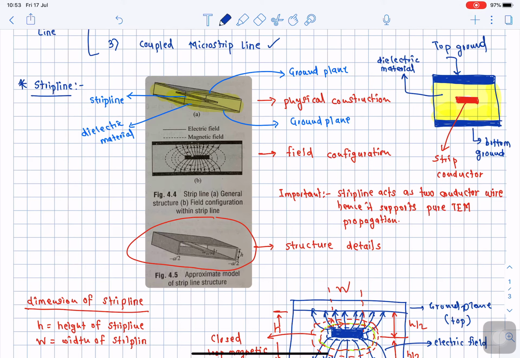Now please remember, this transmission line is printed on some special substrate. This is a substrate, or you can say a dielectric material, over which it is etched using a photolithographic technique. Actually this is our special concern. This is a microstrip transmission line, right? And it is constructed by means of printing technology. So that's why it is very popularly known as a printed circuit board or printed transmission line.